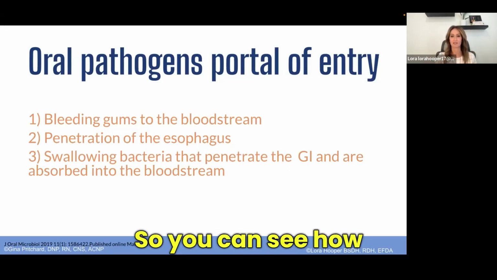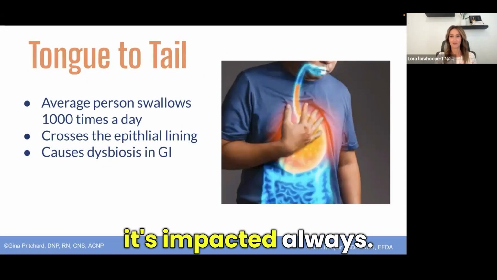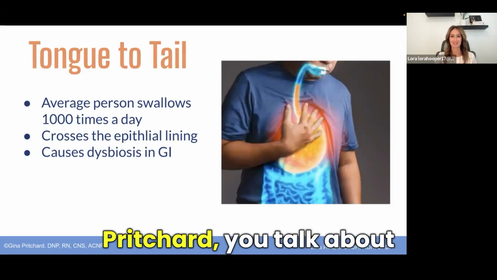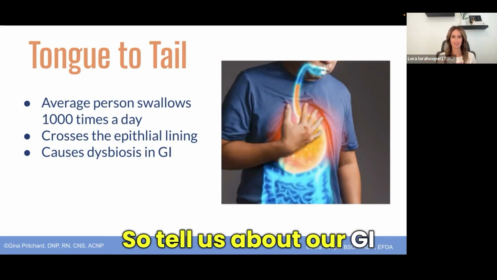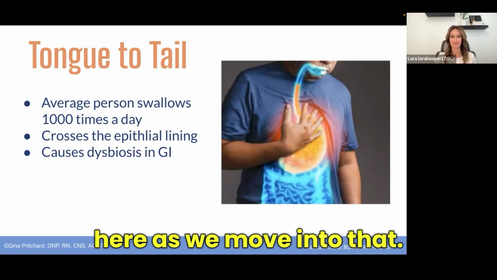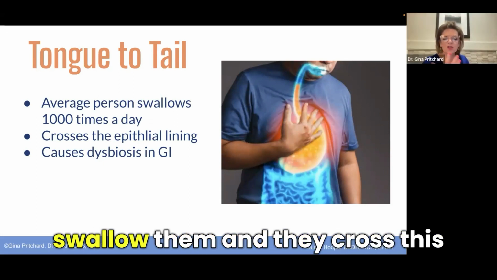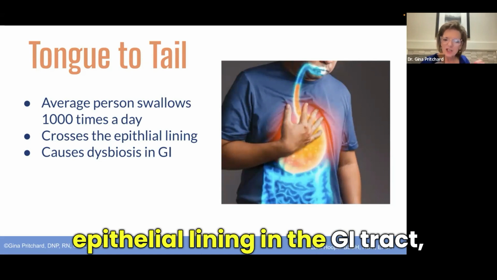So you can see how it's impacted all ways. And Dr. Pritchard, you talk about this from tongue to tail. So tell us about our GI here as we move into that. Yeah, so as you were saying, we swallow them and they cross this epithelial lining in the GI tract, much